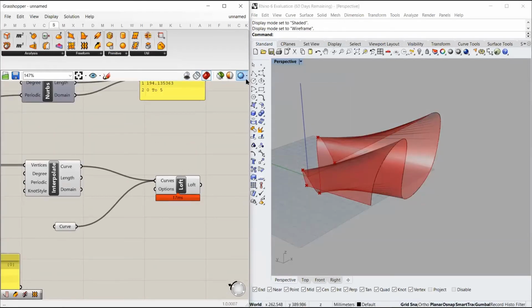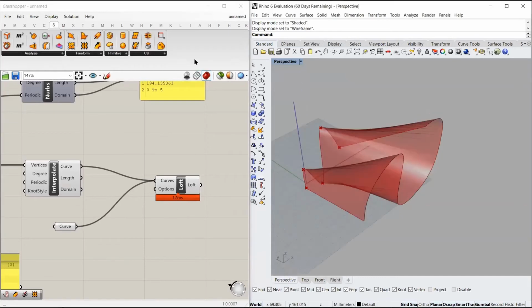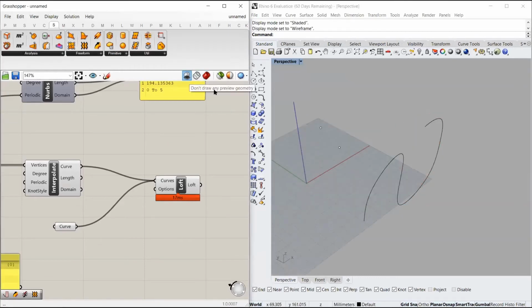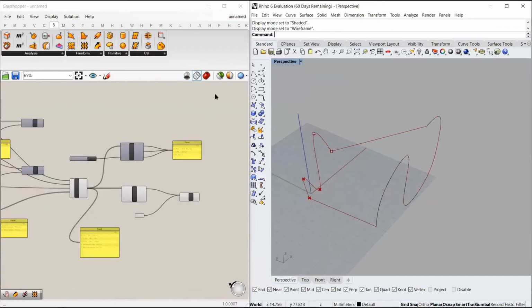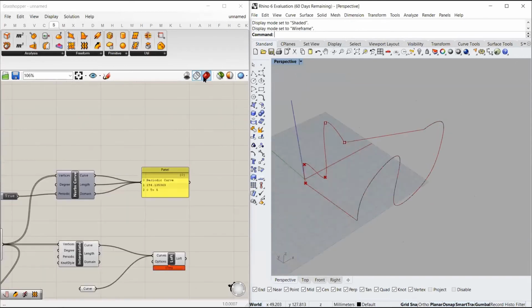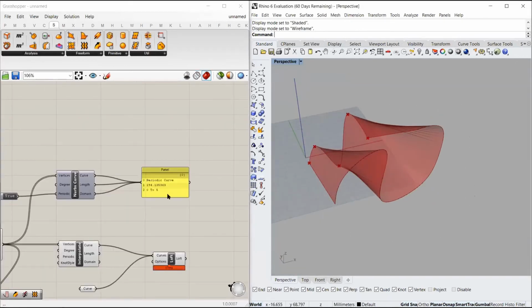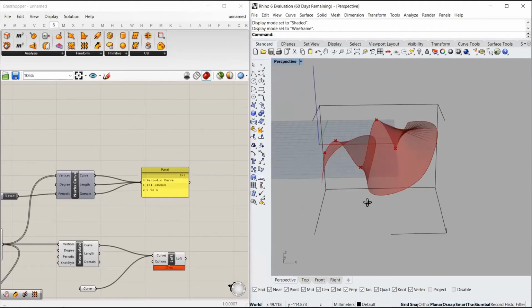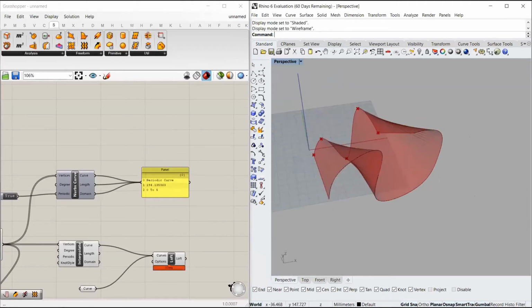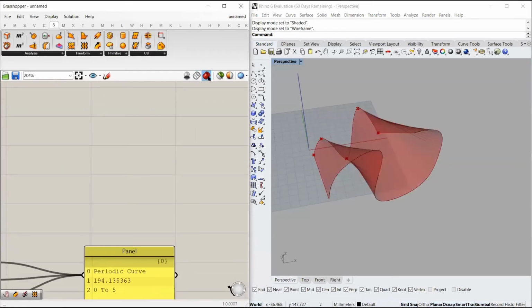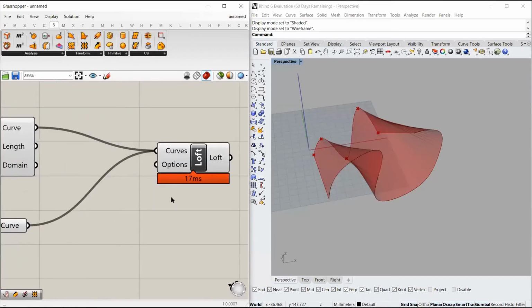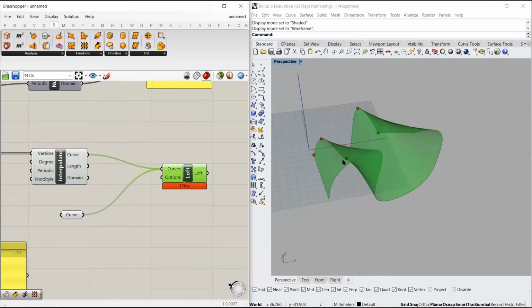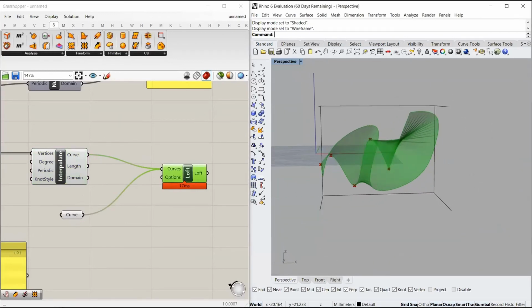Okay, so this is a tab in which you actually can change the display settings. So this was a tab in which all my previews went off. This was a wireframe tab of the Grasshopper. So my previews were in the wireframe mode. And this is my actual tab in which I can visualize all the surfaces. So by default, it is set to this. I think I clicked by mistake into the wireframe mode. So click this red cylinder button to have a shaded preview of your geometry. So when you loft this curve to this curve, you see a surface something like this generated.